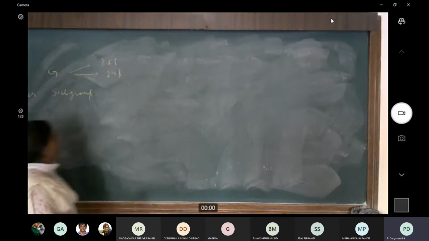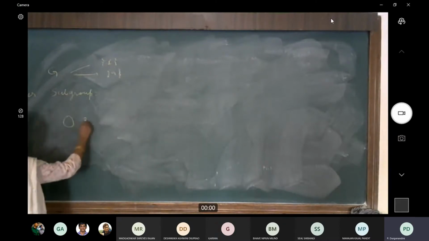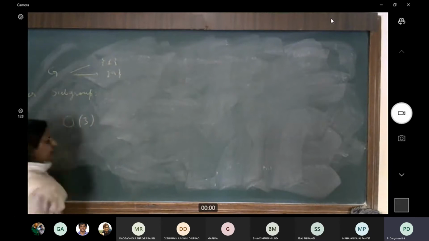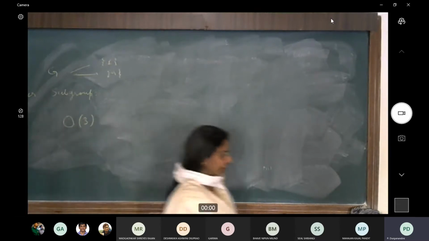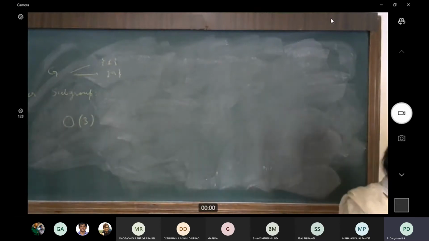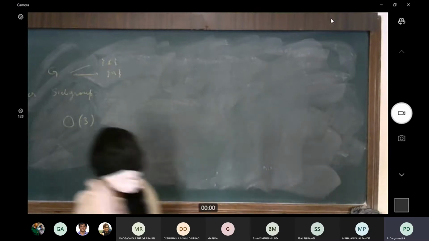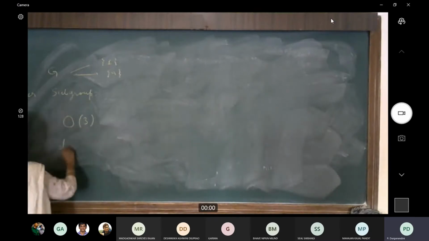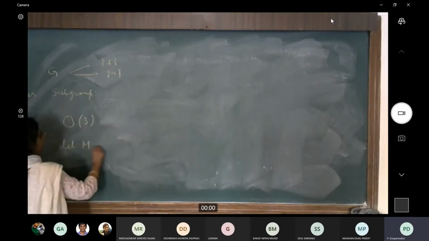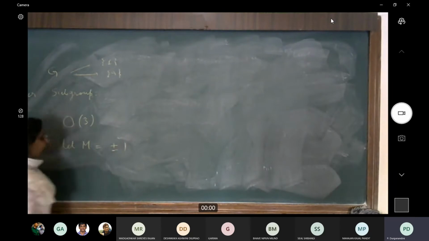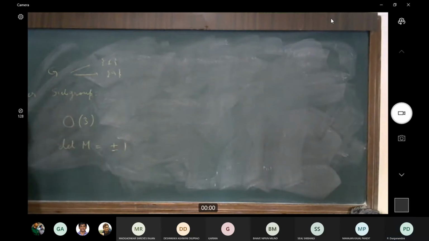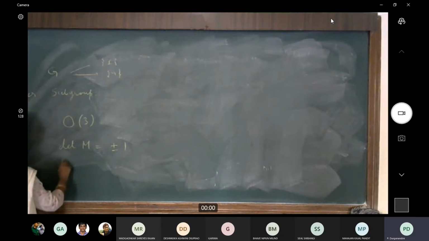For example, if you remember your O3 group, this is the group of 3 by 3 real orthogonal matrices. And what we saw was that in this case, any matrix here will have to satisfy that the determinant is plus or minus 1. Fine. Now, suppose I consider now the set of all